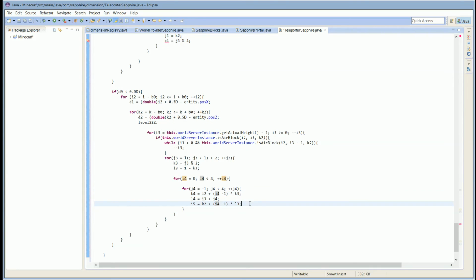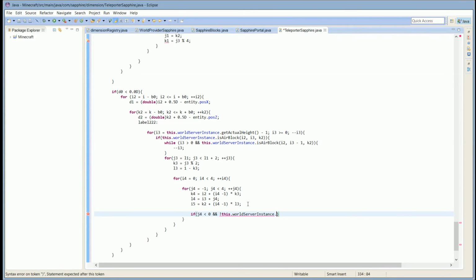After this, we have an if J4 is less than 0, and this dot world server instance dot get block at K4, L4, and I5 dot get material dot is solid, or J4 is greater than or equal to 0, and